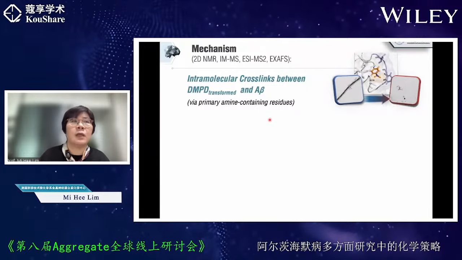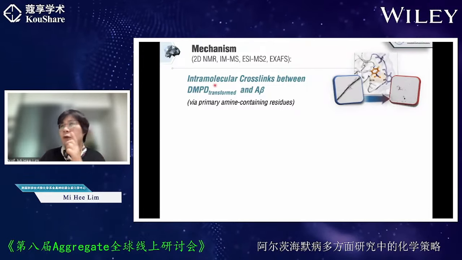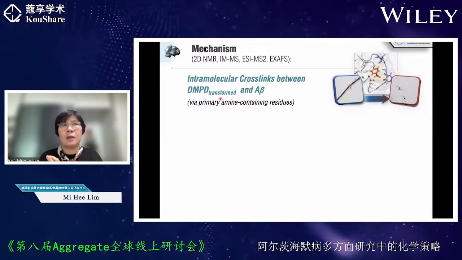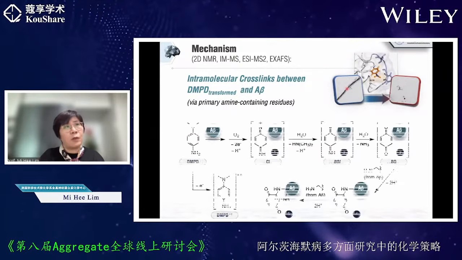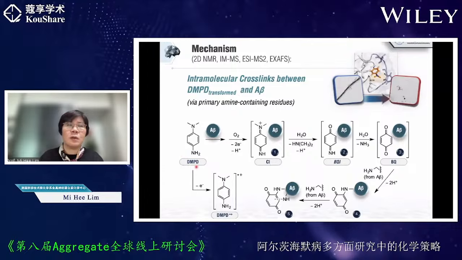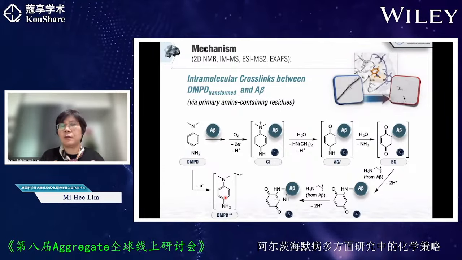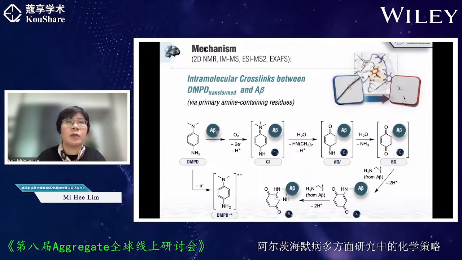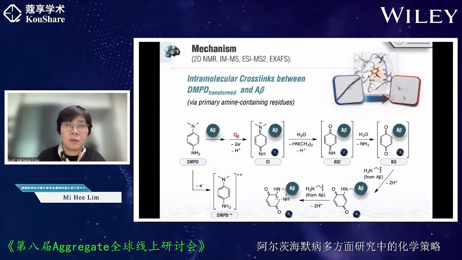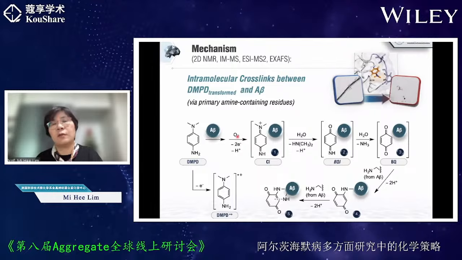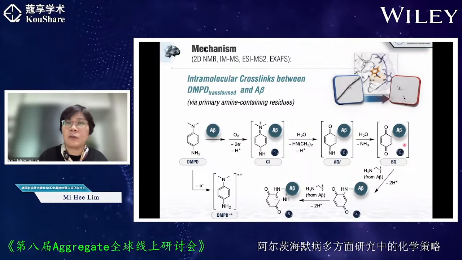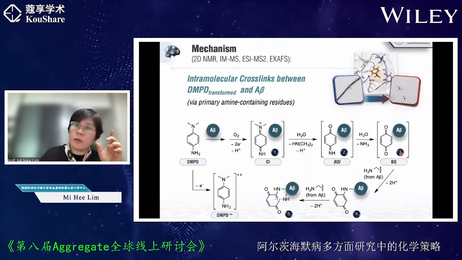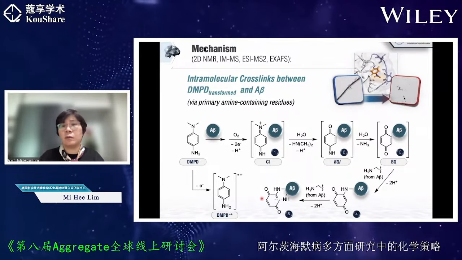And then what we found is that this DMPD is actually intramolecularly cross-linked between this compound, the transformed compound, and A-beta. When we have this DMPD in solution, just with a one-electron oxidant, a radical species is formed. This is a beautiful purple color, and this one is relatively stable. But in the presence of A-beta under pathological conditions, in both the absence and presence of the metal ion, this DMPD is chemically transformed to the benzoquinone, and then the primary amine from the lysine residue and the N-terminus primary amine can generate this covalent bond adduct.